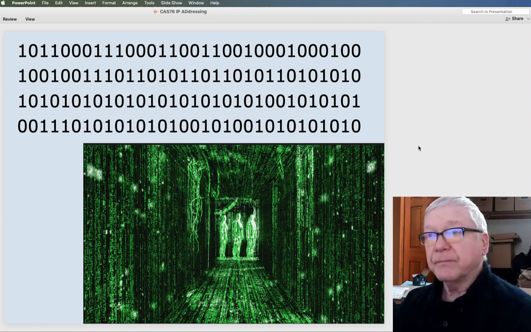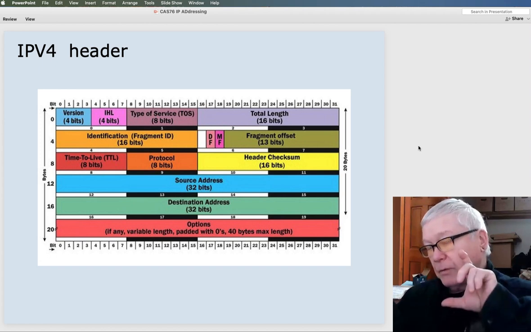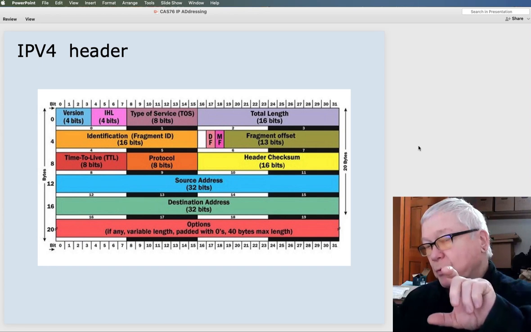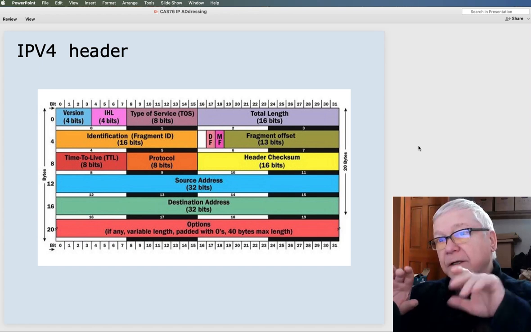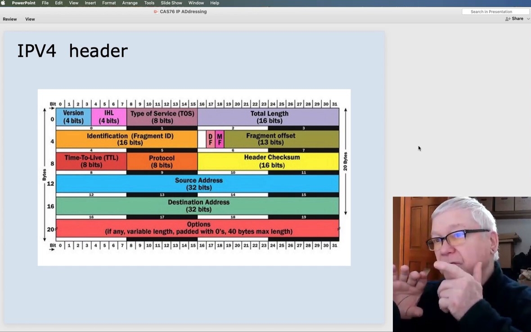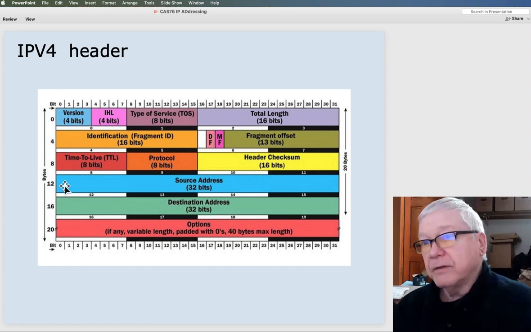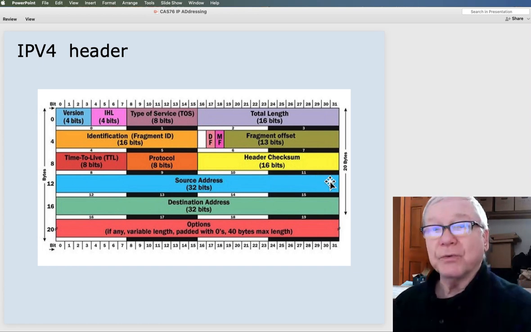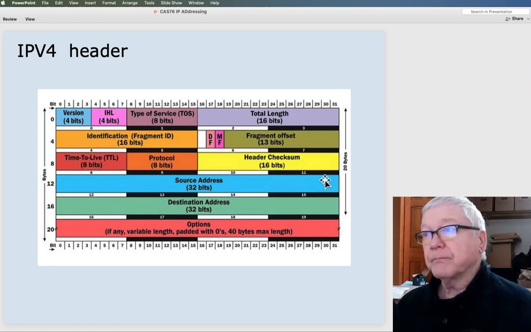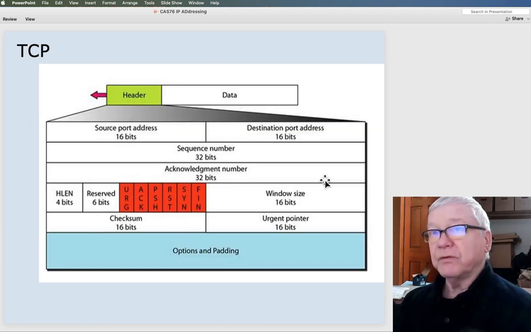At each layer of the OSI model, the programming for whichever process is at that layer is responsible for interpreting those 1s and 0s, and knows that at this offset, those 4 bits tell me the version number. At this offset, the next 32 bits tell me the source address, so I interpret those 1s and 0s as a decimal number.